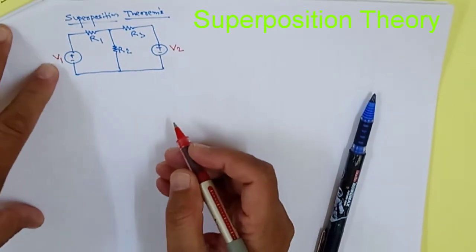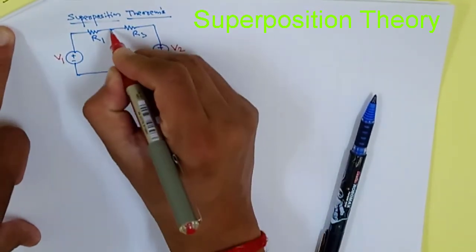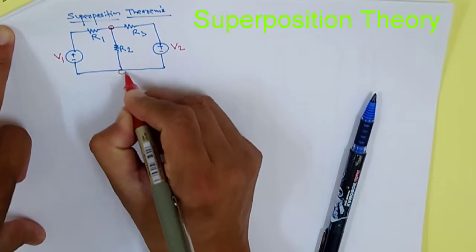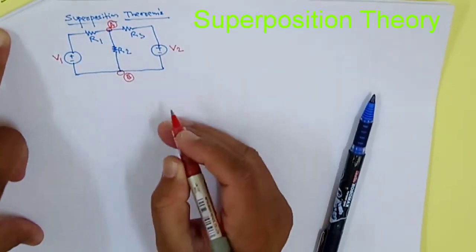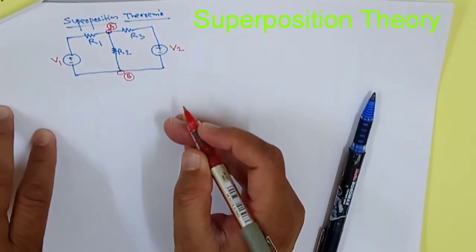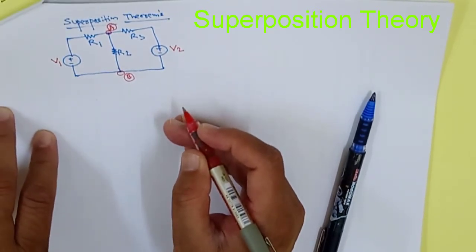Now the question is you have to find out the voltage across these 2 points, A and B points, with the help of the superposition theorem. Superposition theorem is basically